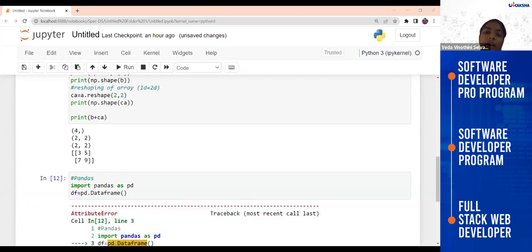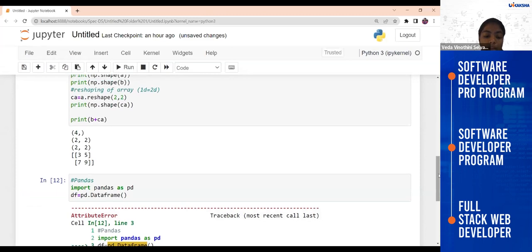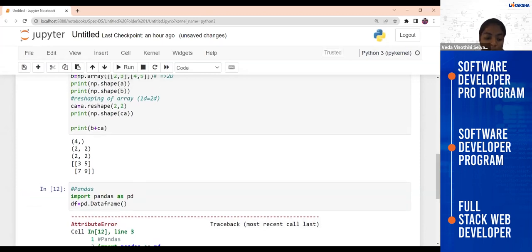If you have something in Python and you want to perform many operations, then you can easily use this to identify. So this is what we wanted to know.